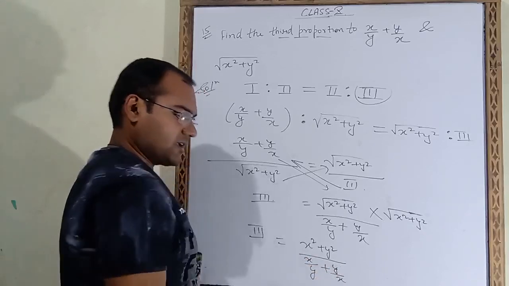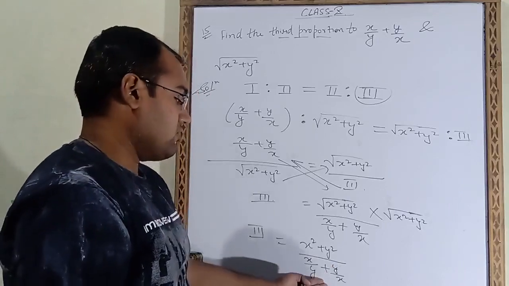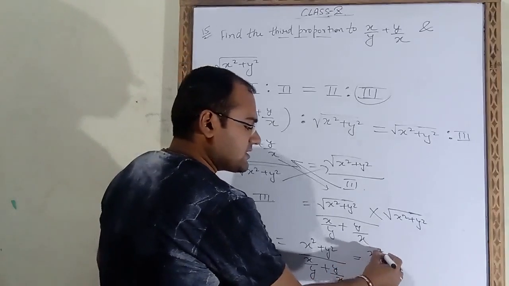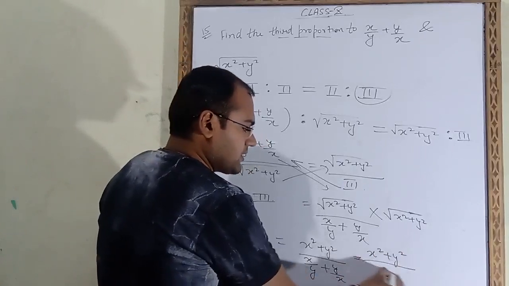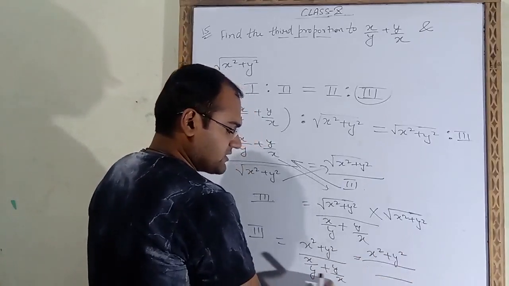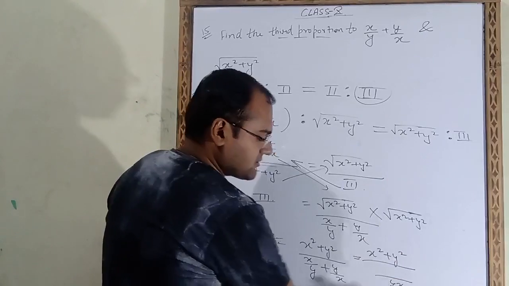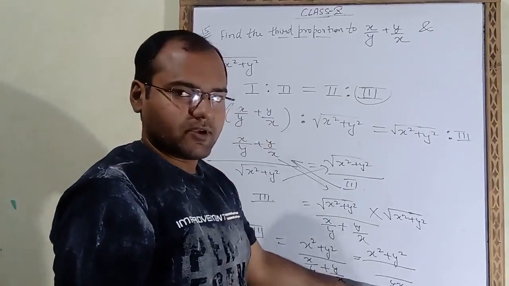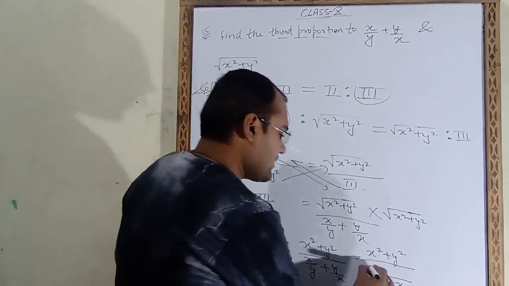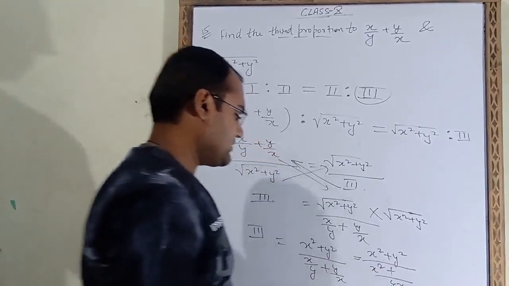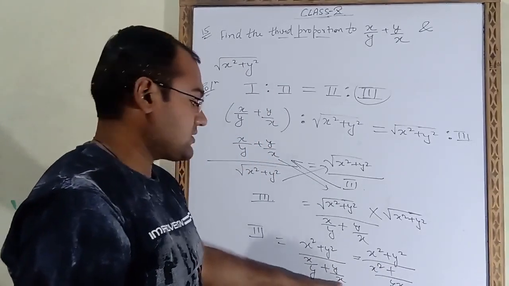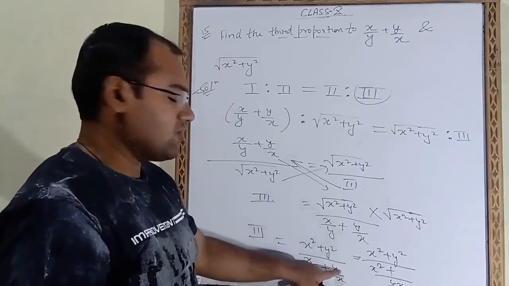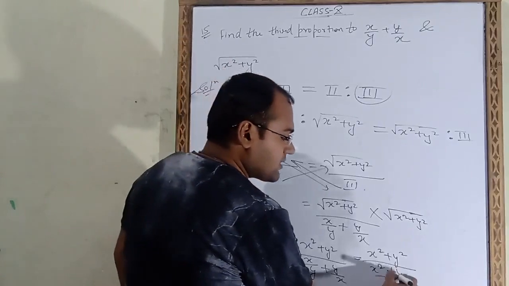Now next step, you can take LCM here. Numerator will be as it is, x square plus y square, and in the denominator we will take the LCM of y and x, yx. In the table of y, x will be remaining. That x multiplied with x will be x square plus, when we read the table of x, this x will get removed, the remaining term will be y. That y multiplied with the numerator y, answer will be y square.